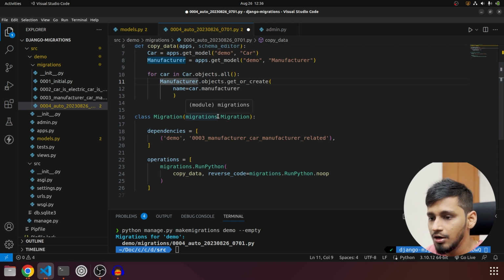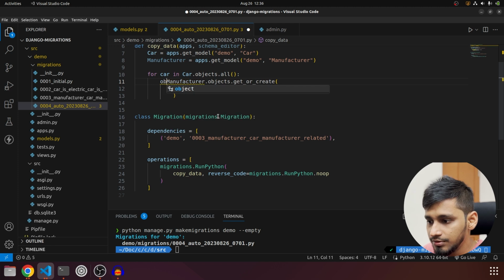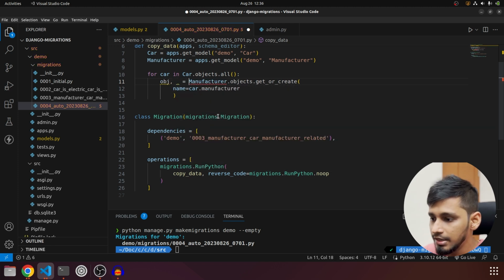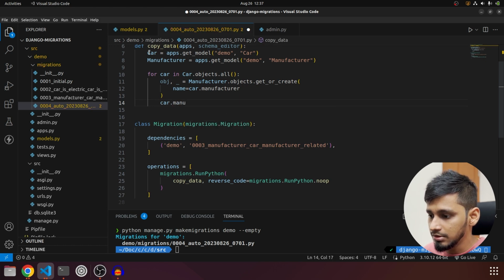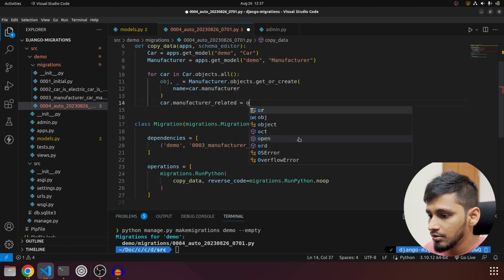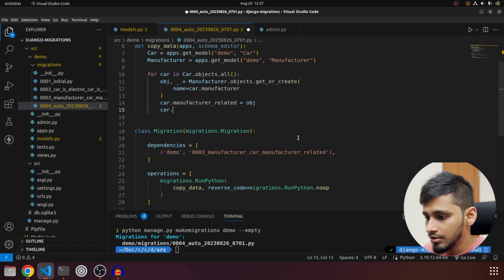One will be the object and another one will be true or false, that means it was created or not. We don't really want the created flag, and we only want the object. So I'm going to specify it as underscore object. This will give us the object, and then car.manufacturer_related will be equal to object, and then car.save.